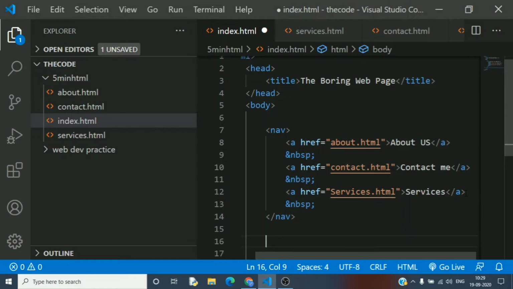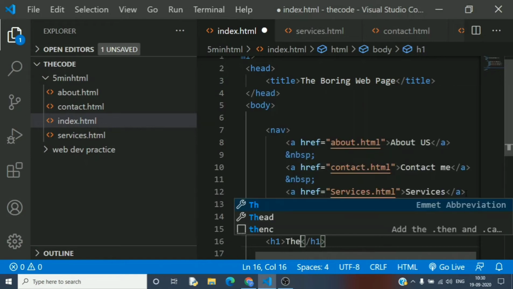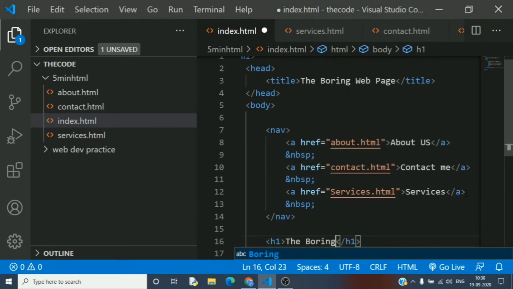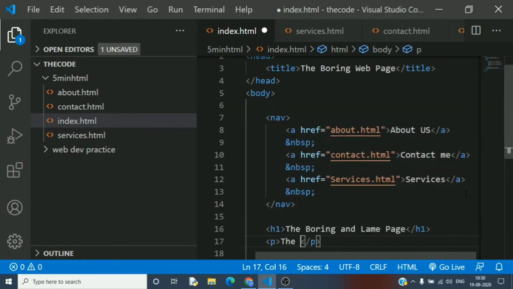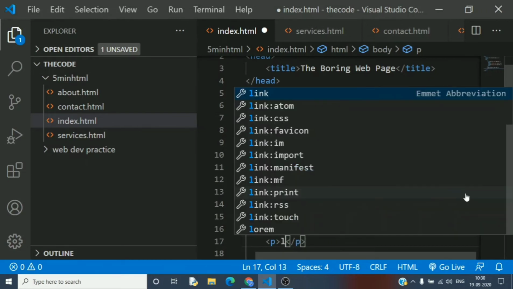So here I guess the nav tag is over. I don't think I can add anything else in it, so it's more than enough. Let's make a heading. What I'm going to do is make a boring web page. The boring and lame web page is a nice heading, and then just make a paragraph tag. The h tags, these six h tags, are very helpful, and paragraph tags are also